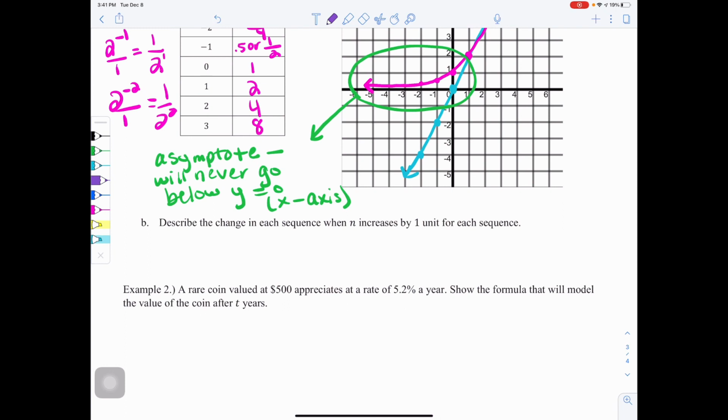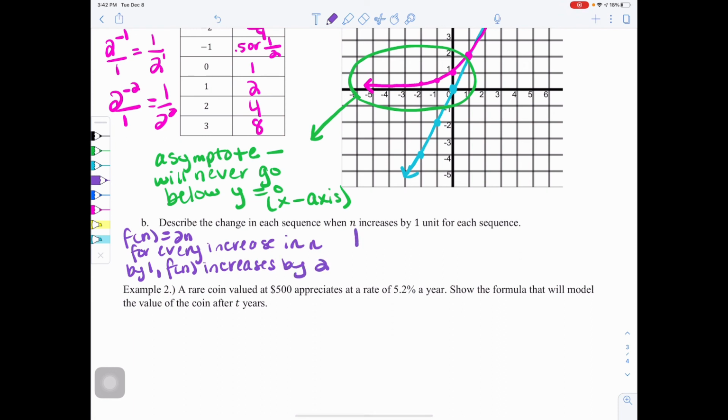Okay, so now we want to describe the change in each sequence when n increases by 1 unit for each sequence. We already started to look at this in the first one. We had f of n equals 2n. For every increase in n by 1, f of n increases by 2. Now, on the other hand, if we have f of n equals 2 to the n,